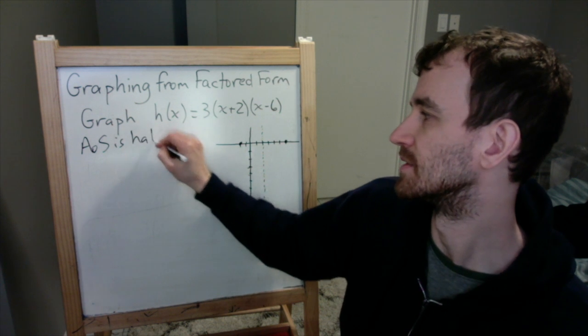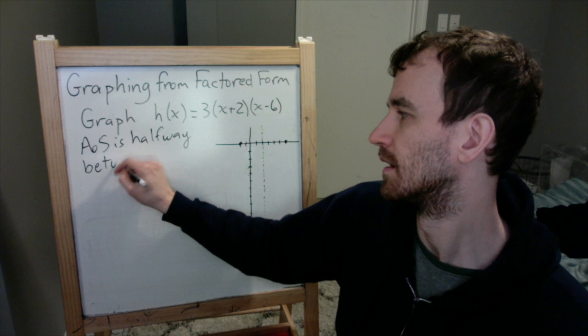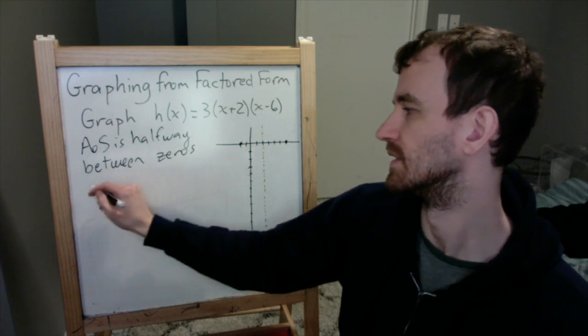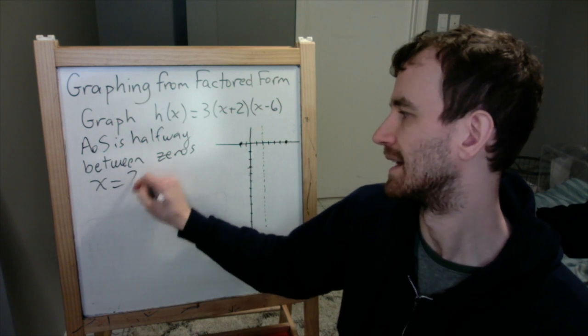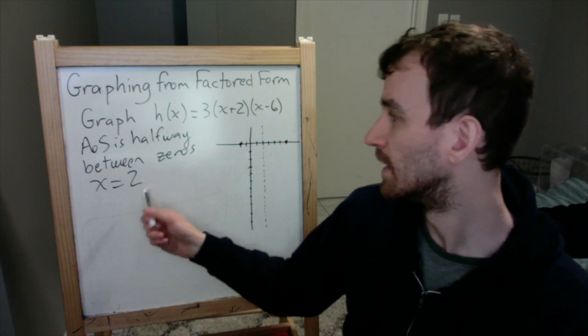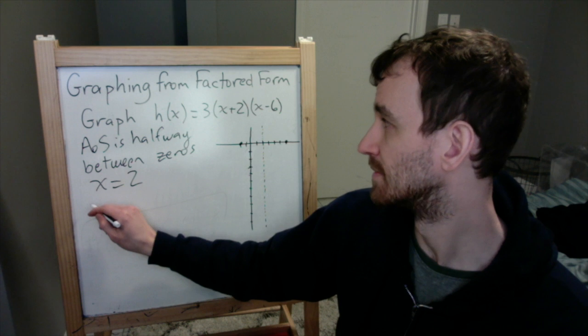The axis of symmetry is halfway between the 2 zeros. In this case, it's at x equals 2. It's always halfway between the zeros. It's not always x equals 2. If our axis of symmetry is at x equals 2, well, then we know our vertex must be at